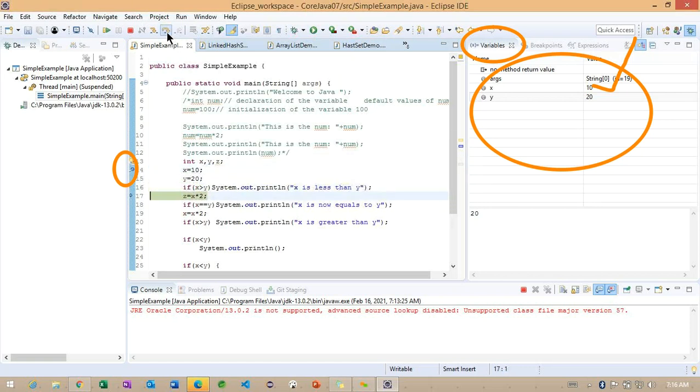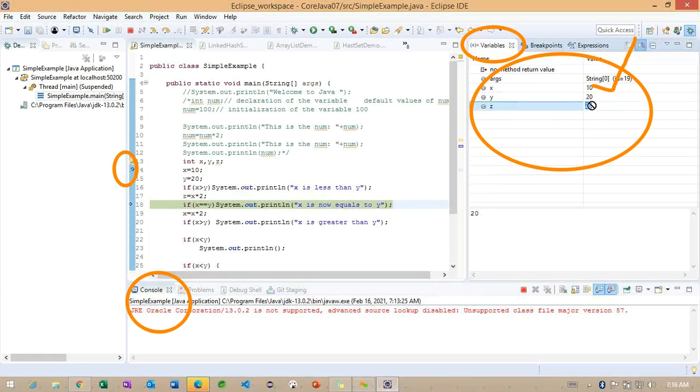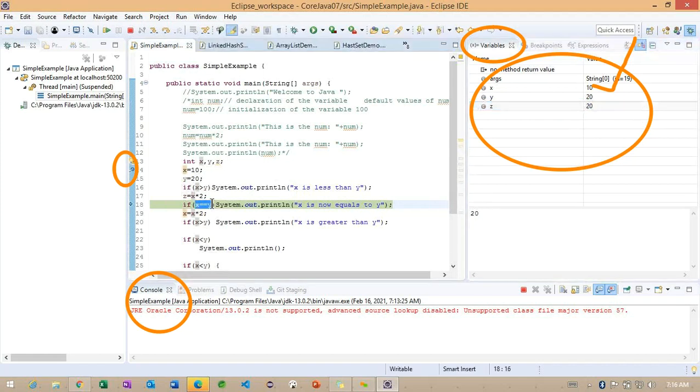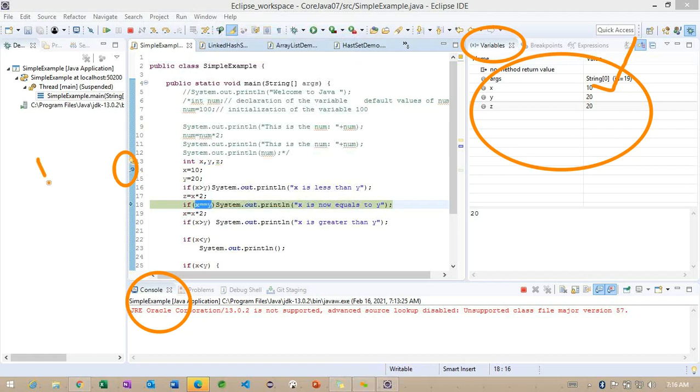Carefully observe here. Is there any message on the console? The console section we can check at the bottom. We are not seeing any statements here. Okay, back to here. One more: you can identify the z value here. How much are we getting? 20. The z value we are getting is 20. Now you can check the condition here. This block of code again returns false. So make sure you understand internally how exactly it's working here.